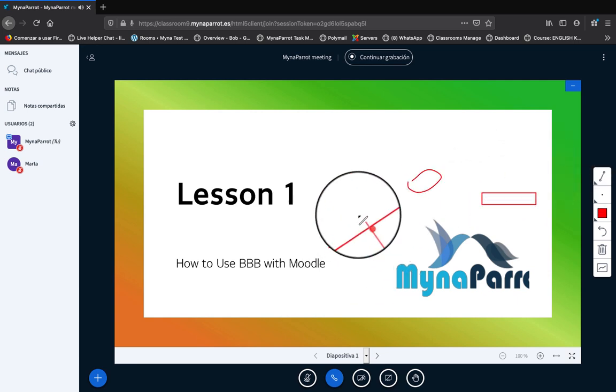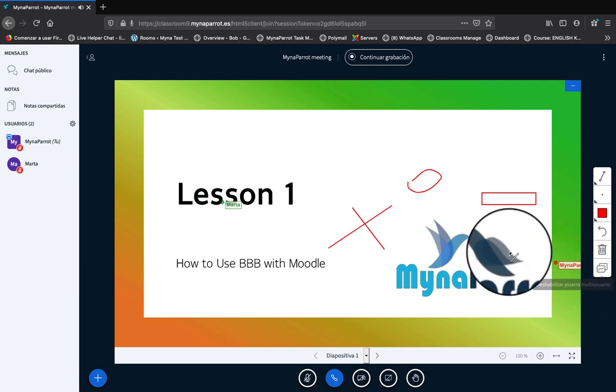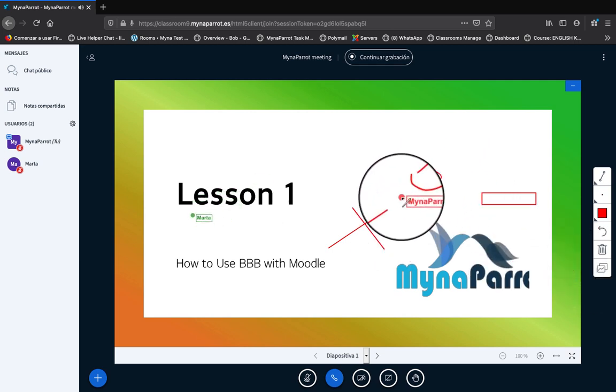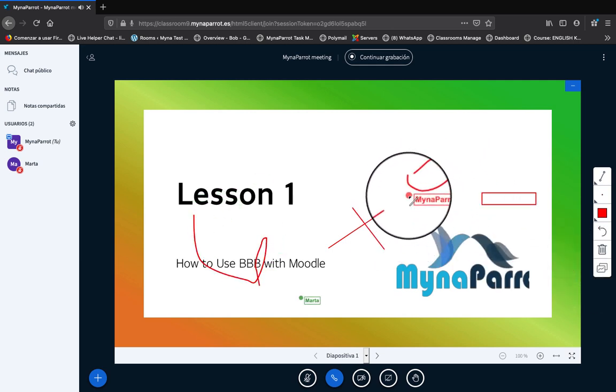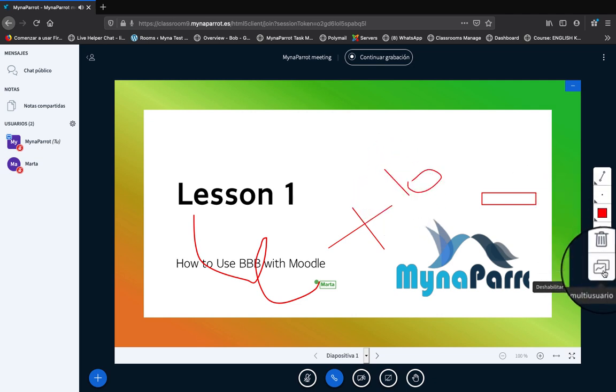As the instructor, I can also give the students the ability to draw by turning on a multi-user whiteboard. When I do that, you can see their icons move, and they can draw on their layer. They can't overwrite anything. But you as a presenter can turn on and off the multi-user whiteboard anytime you want. If I turn it off, students can no longer draw, and if I clear it, I can clear all the whiteboard marks as a presenter.